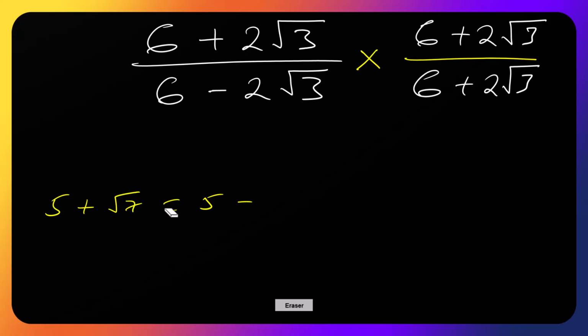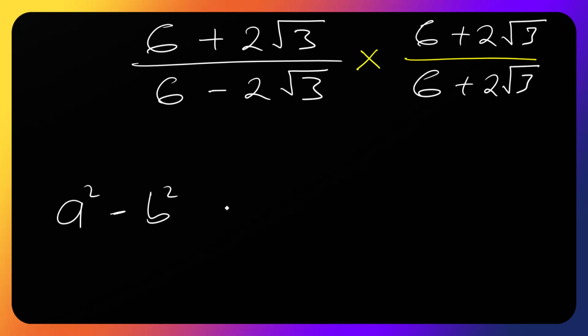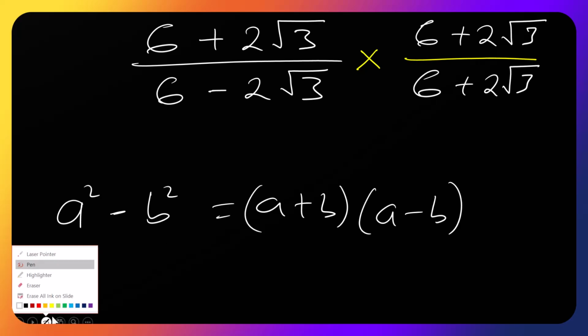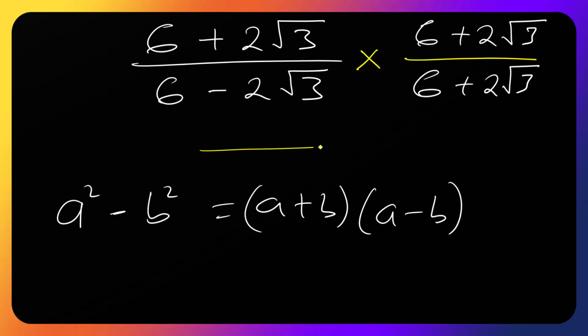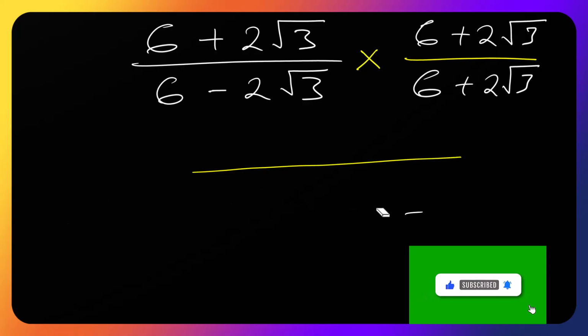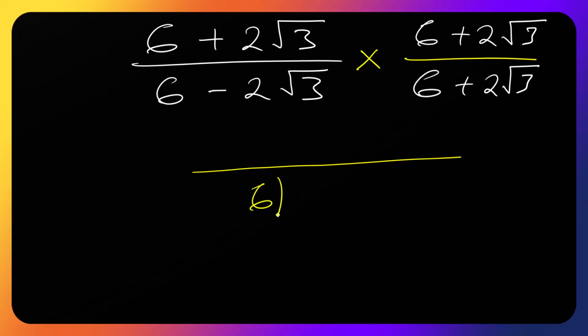Okay. Now let's observe this one carefully. When we have a squared minus b squared, the same as a plus b, a minus b. So we have difference of two squares here at the denominator. Okay, so I can say that 6 squared minus 2 root 3 all squared. And this one is the same. So we have 6 plus